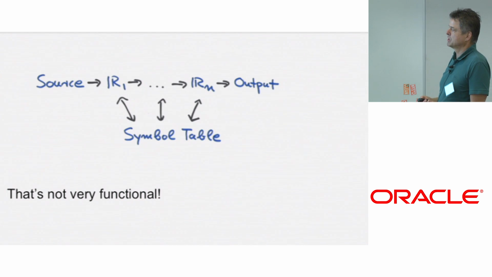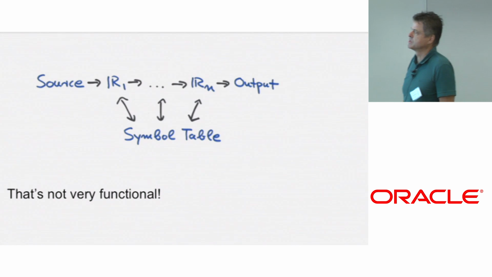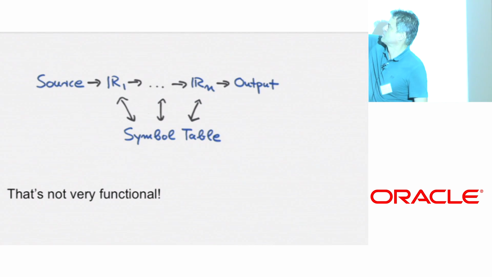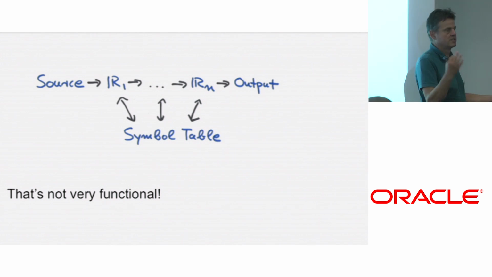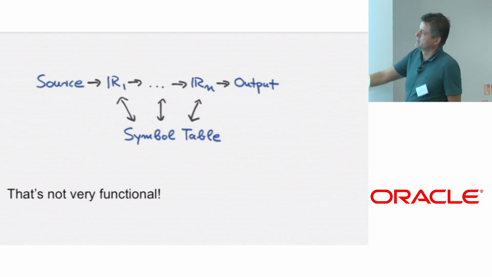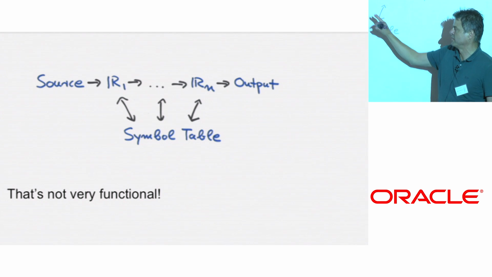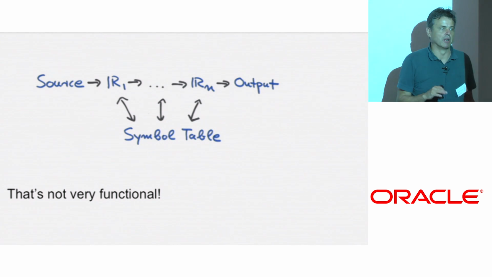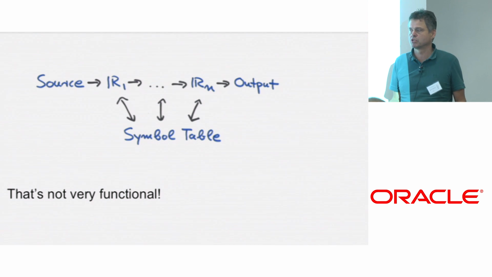Well, the traditional scheme in a compiler is to say, well, we have this transformation, and then there's the symbol table, which essentially stores the value of all symbols. And then we essentially put stuff in there and pull things out. But it's not very functional. And we've already seen the thing is actually quite complex because the types of these symbols, they also change all the time.